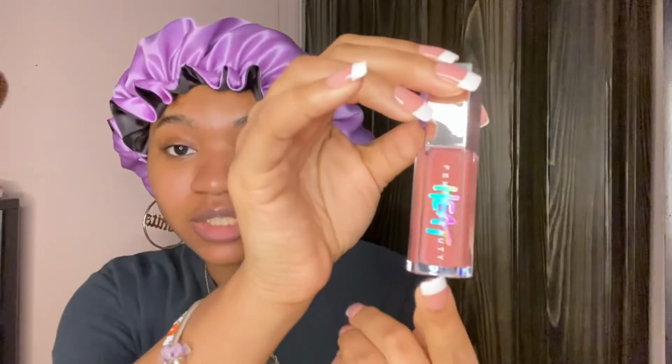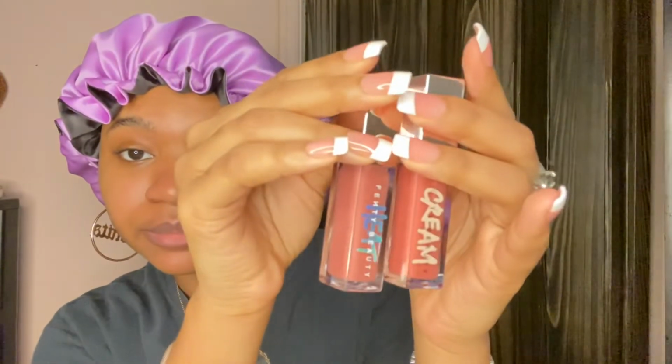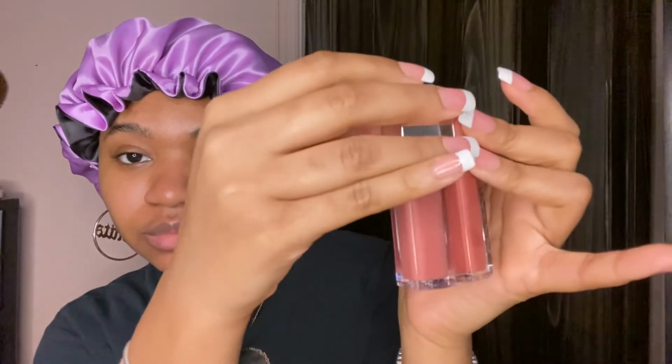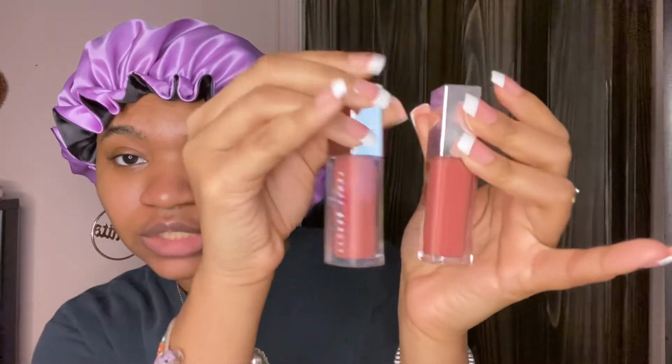Okay, so this is what Fussy looks like. It kind of looks like cream, but not really. As you can see, they're very similar. So this is Fussy. Okay. I'm kind of scared. I don't want it to tingle. Okay. Let's do...